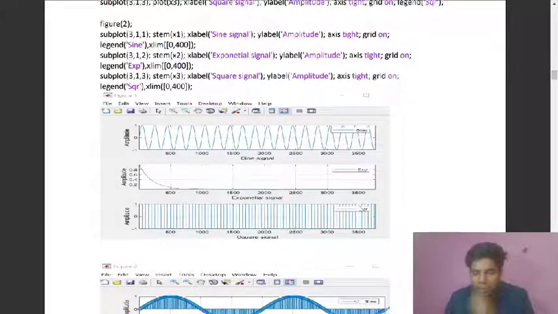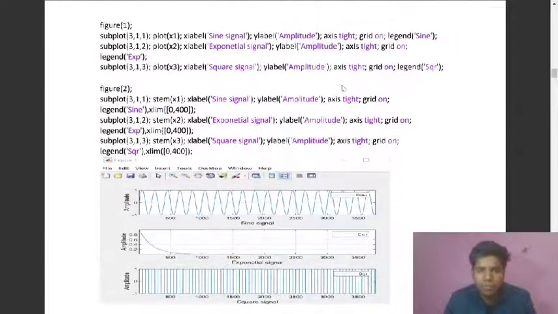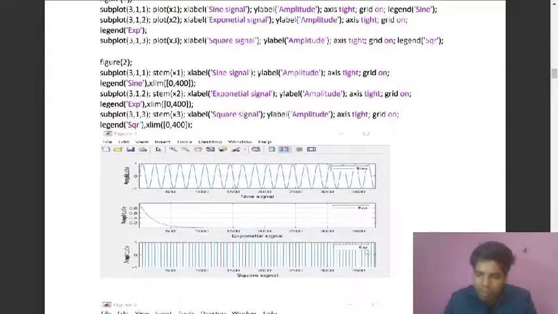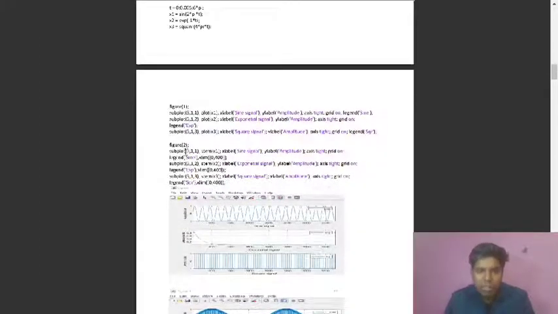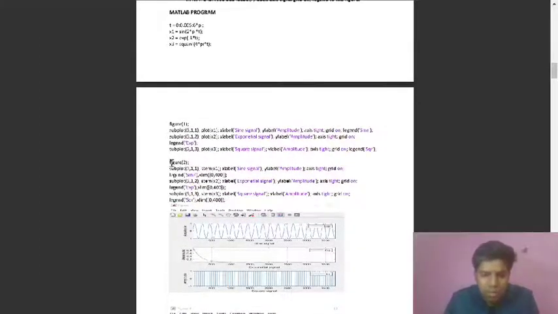And the same for the square signal, on and off. So we gave legend as a square, so it would be named square, with the x axis labeled square and the amplitude like that. And after that this is a function. So what we are doing,